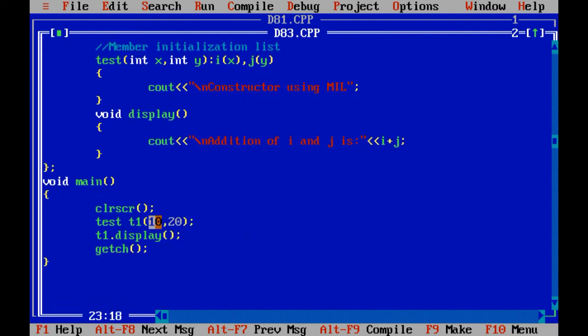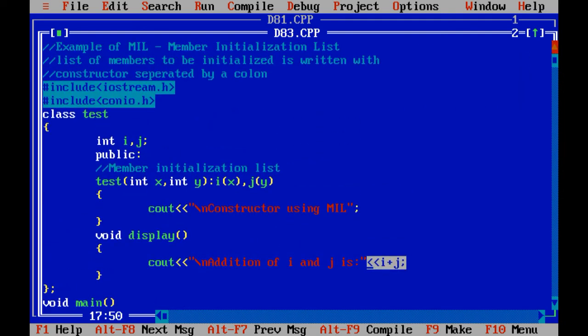When I have passed 10 and 20 using T1, it will fetch 10 for X and 20 for Y. 10 is going to be stored inside I, and 20 is going to be stored inside J. When you call the display function, 10 plus 20 equals 30. So it will print addition of I and J is 30. So this is the concept of MIL.